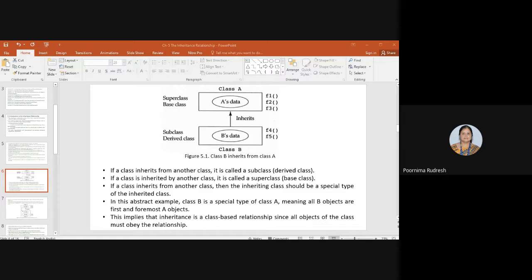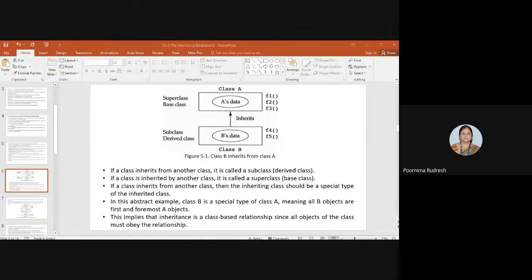What does it mean? It means that all of B's objects are first and foremost A's objects. Whatever the B objects are, suppose B consists of 10 objects, all these 10 objects first belong to the class A, first and foremost A objects. All the B objects are class A objects itself. From that, the class B inherits, right?